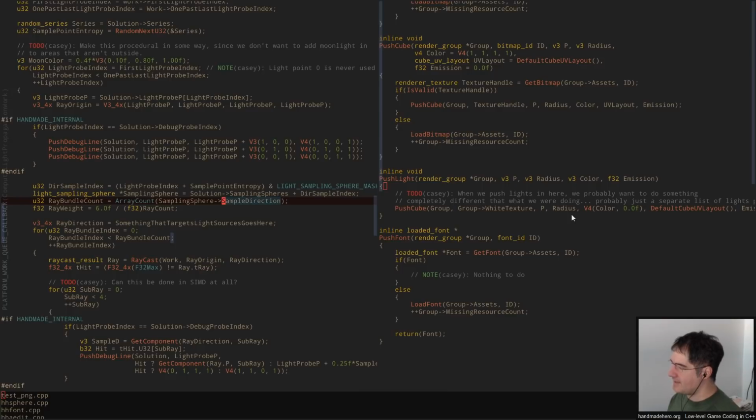But we would need to pad that sample direction with a fake one at the end anyway so that we didn't fetch off the end of the array. So I think this is still probably roughly what we would be doing. I don't know. We'll see. So anyway, we need to set up all these parameters correctly, and we need to get our sampling sphere taken